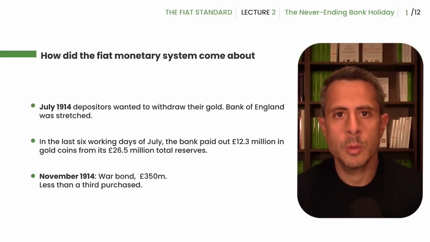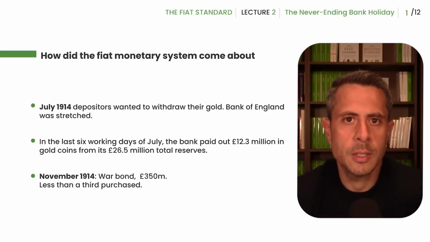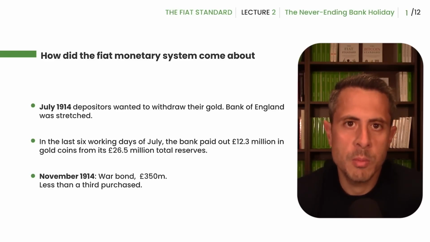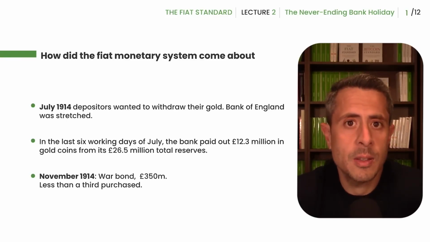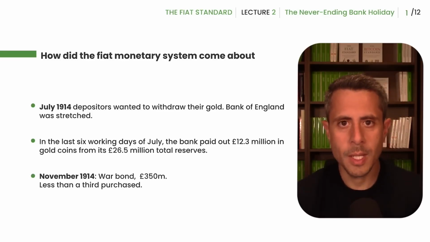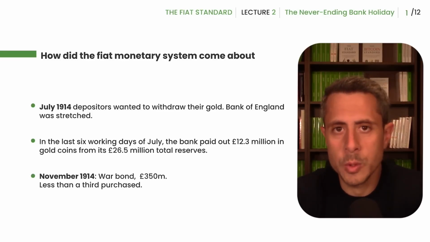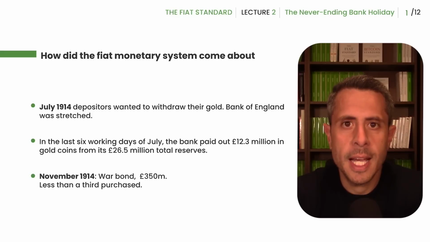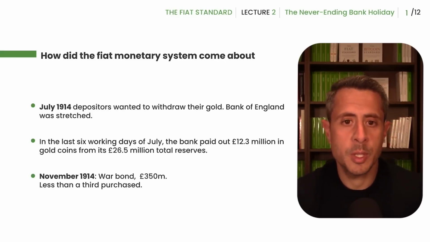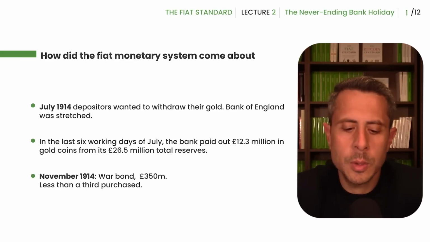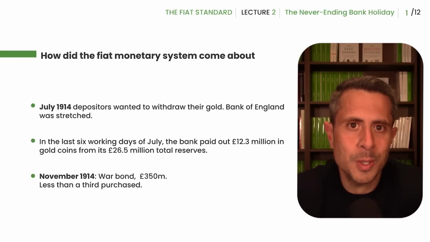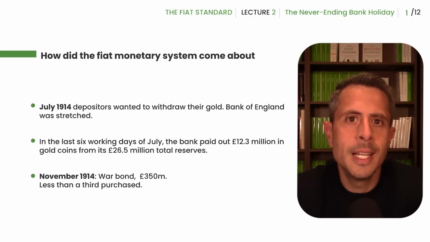England, before the First World War, was the global financial center. The Bank of England was the most important bank in the world. The majority of the world's population dealt with the Bank of England and used the British pound as their reserve currency. The Bank of England settled the majority of the world's trade, and because of that, it had a very prominent position in the world economy, and also it allowed it to have more British pounds outstanding than it had